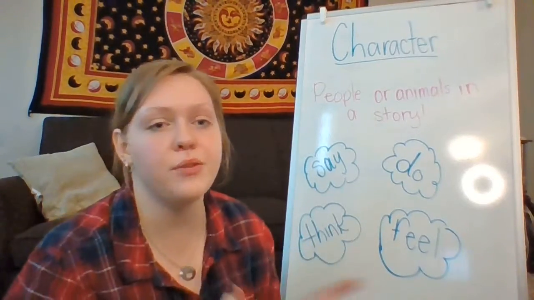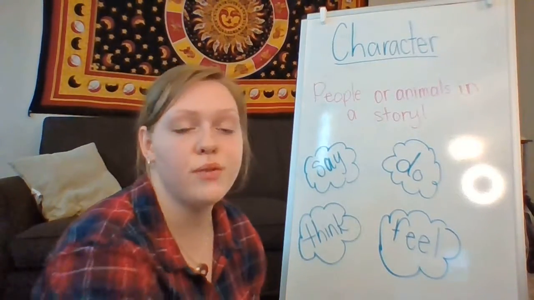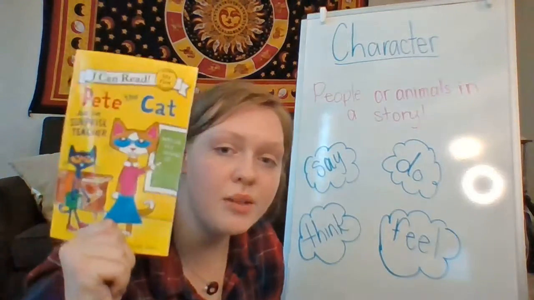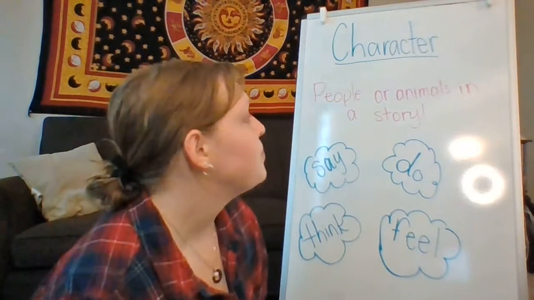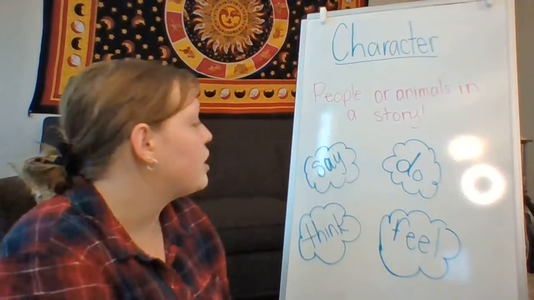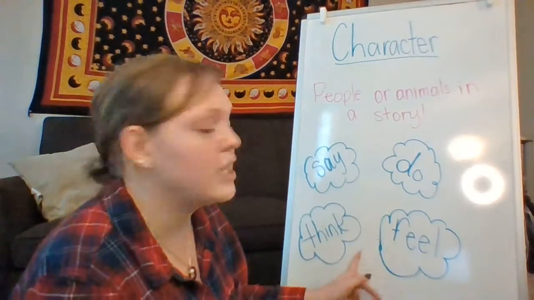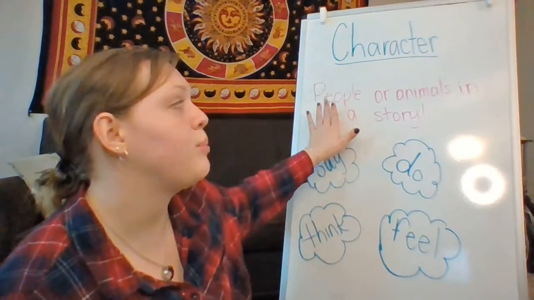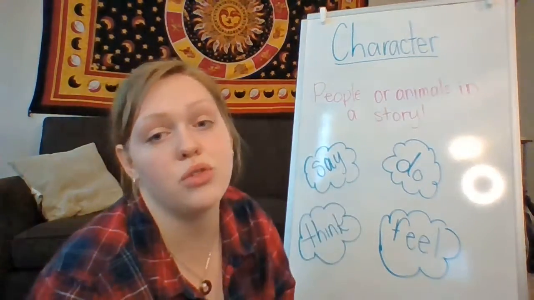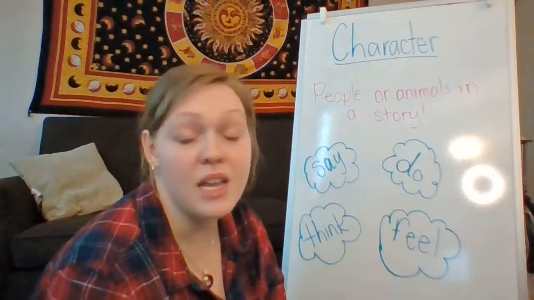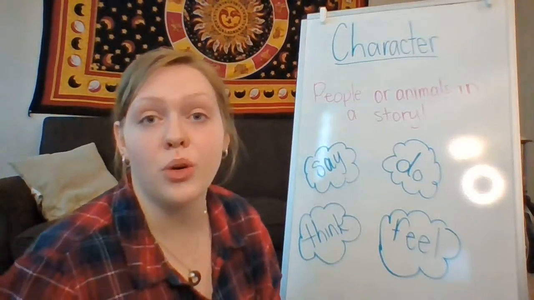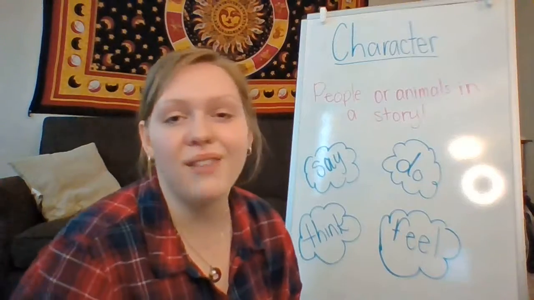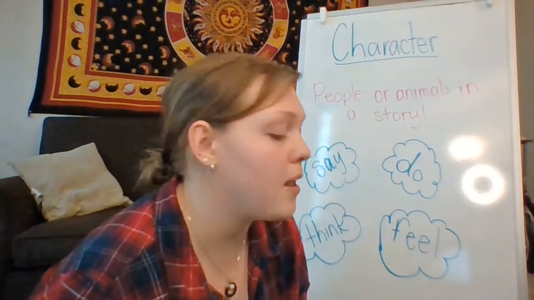We're gonna do a kind of refresher, and we're gonna use a different story, our favorite, Pete the Cat, to talk about it. We know Pete the Cat's gonna be one of our characters, but we're gonna look more into what he's saying, doing, thinking, and feeling. But remember, characters are people or animals in a story, if it is a fiction story or something that's not true. It could even be a thing, like a fork, like in Toy Story, maybe.